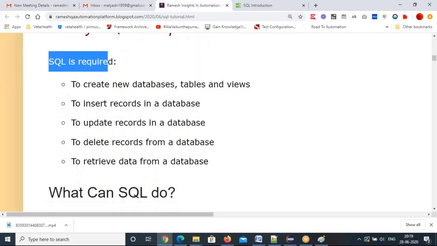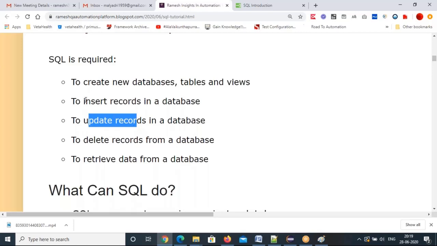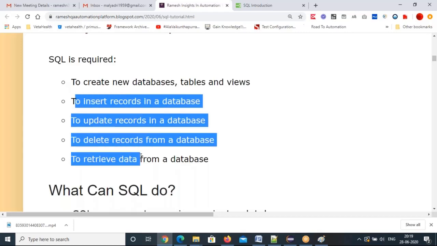Okay, so you can create a table, you can insert records in the table, you can update the records in a table, you can delete the records in a table, you can delete the table also if you want. But those actions are very costly actions, so they won't give permission to you. You can retrieve the data. Mainly we will do retrieving, maybe updating records, and inserting records. You can do these CRUD operations on the table, not on the database.